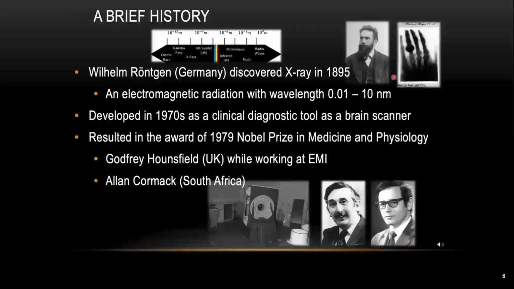So let's take a brief look at how microCT has been developed over the years. Since we're using X-ray to generate some kind of image, it all started in 1895 when Wilhelm Röntgen first discovered X-ray. And you can see the picture up here. That's the world's first 2D radiograph image, of his wife's hand.